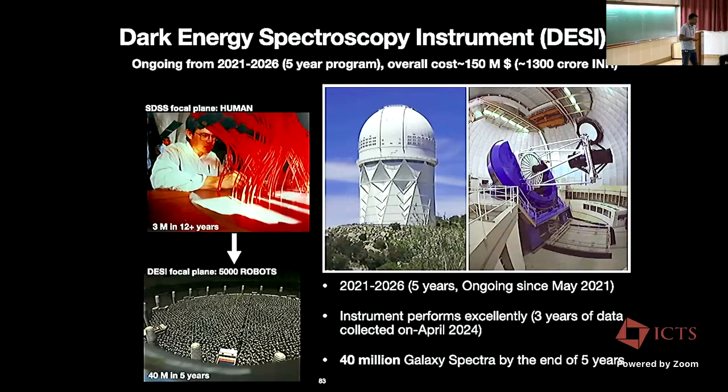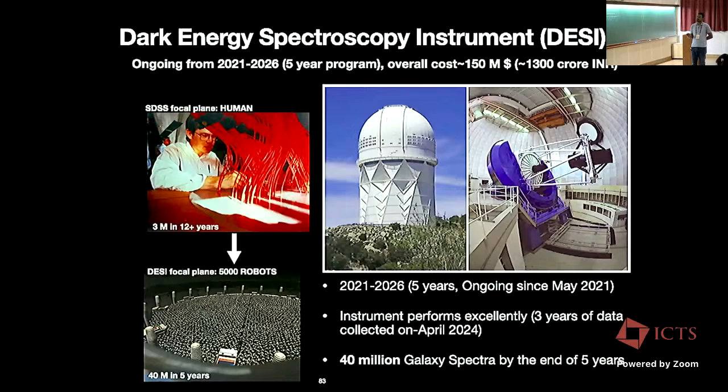Now, one of the remarkable things, if you look at the previous surveys: the biggest survey of this kind is the Sloan Digital Sky Survey, which measured something like 3 million spectra in 12 plus years of spectroscopy. The reason for that is, first of all, the focal plane was smaller. This is a 4-meter telescope. That is a 2.5-meter class telescope. So the exposure time had to be larger because the collecting area is smaller. But also,